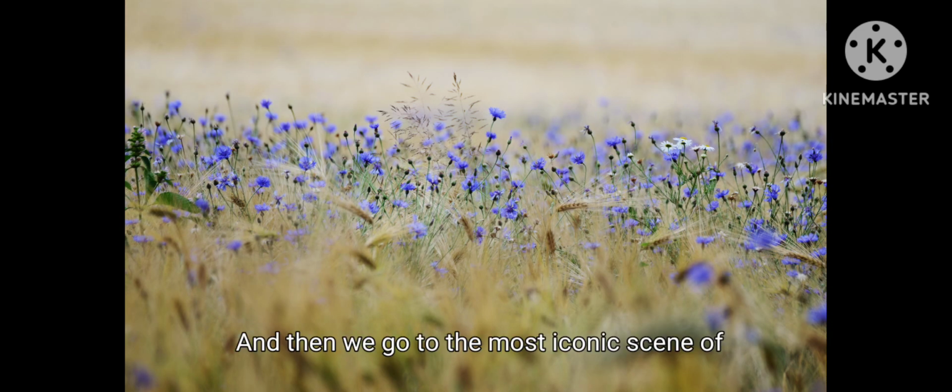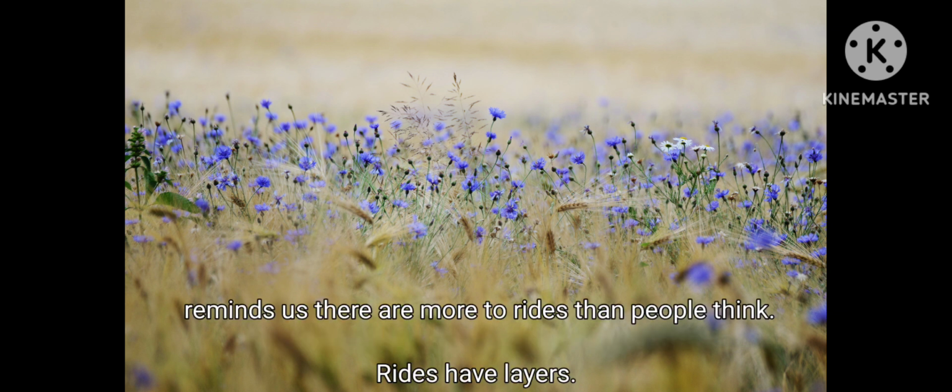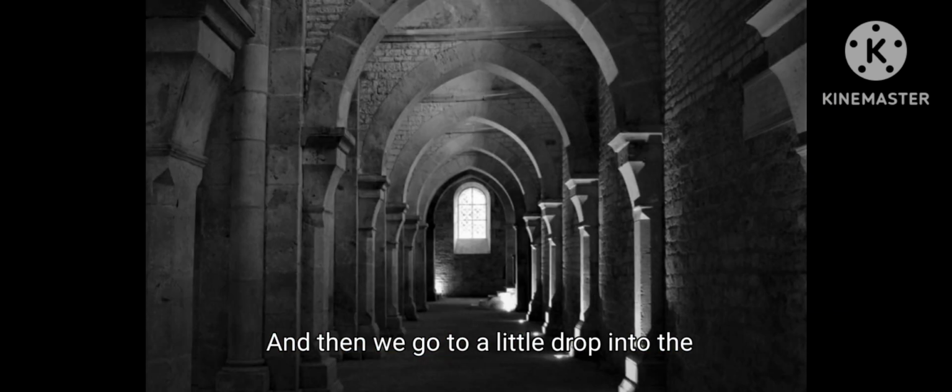And then we go to the most iconic scene of Shrek, and we see the cornfield, and Shrek reminds us there is more to rides than people think. Rides have layers. Then we go to a little drop into the castle of the dragon. And then we follow Shrek to go to the tallest tower, go out of the lip tail to see Princess